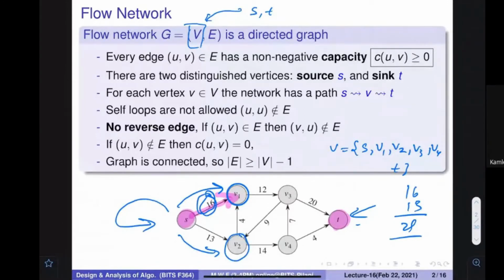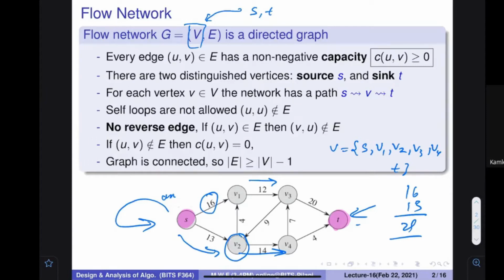What would happen after that? You have to reroute the things again so that they reach T. You can transmit something to V4, and you can transmit something to V1 again, and from here you can only send 12. So it looks like sending 16 is actually not a good idea, because forwarding is not possible from here. If you send 16 at this particular place, then you cannot take it forward. So if you send 16 units on this particular line, some of your production is going to get wasted.